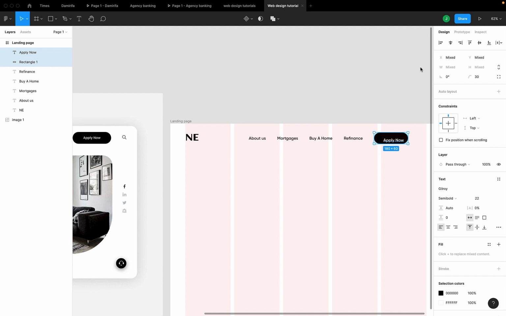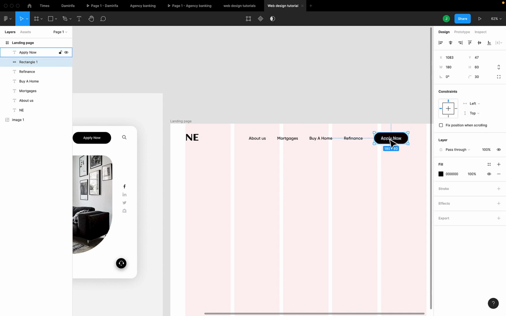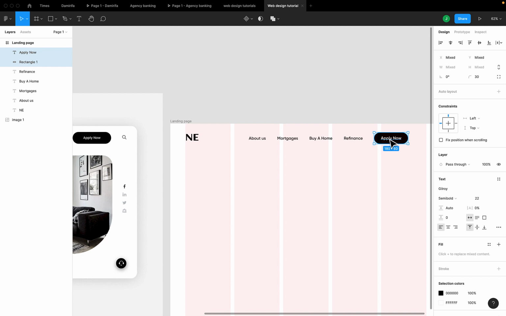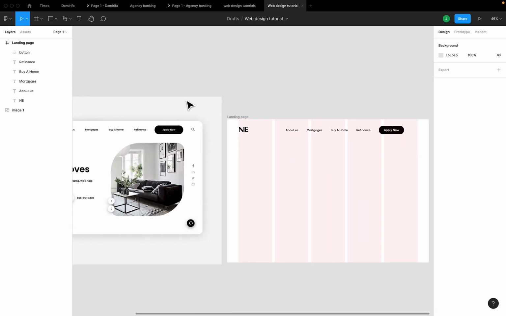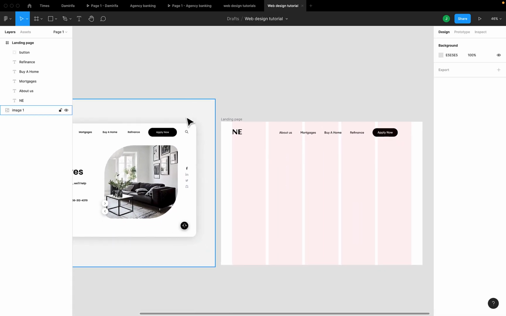The next thing I have to do is make sure the text is centered both horizontally and vertically in my button. So I'm done with that now. The next thing I'm going to do is I'm going to group both the text and the shape. After grouping it, I'm going to rename my group to buttons. Okay, so the next thing I have to do is I have to create